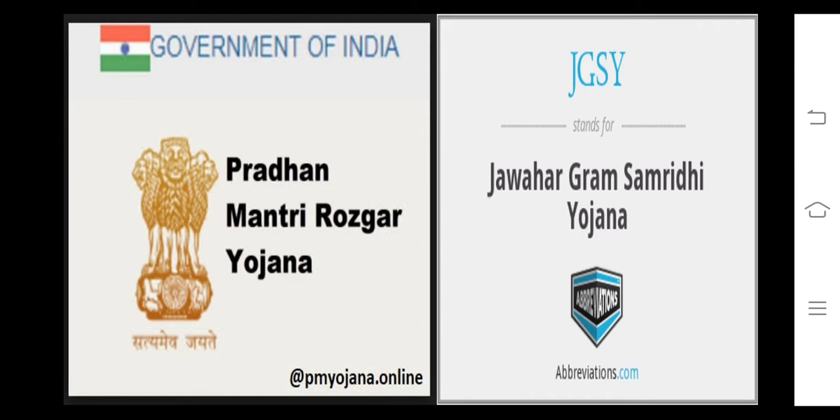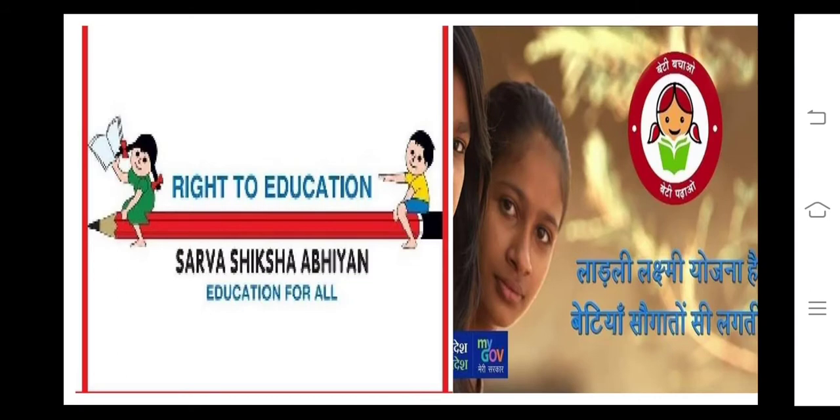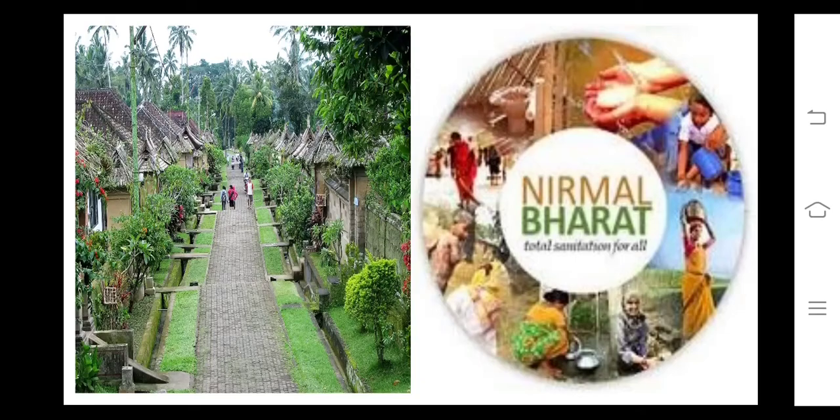And now the government has introduced many rural developmental programs. We are going to see which are these rural development programs. The first one you can see here is Rozgar Yojana and the Jawahar Gram Samruddhi Yojana. This is for the educated youth in villages for self-employment. The next is Sarva Shiksha Abhiyana, to give quality education to the children of the rural community.